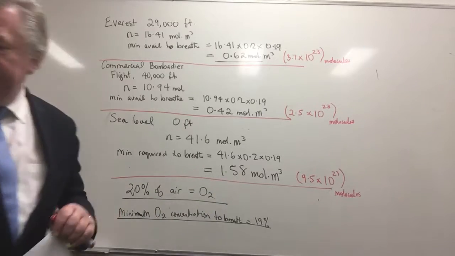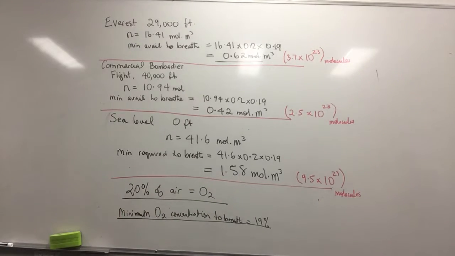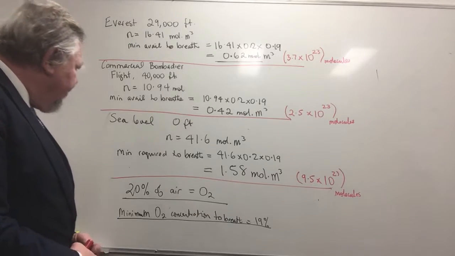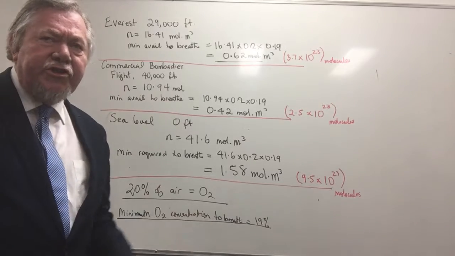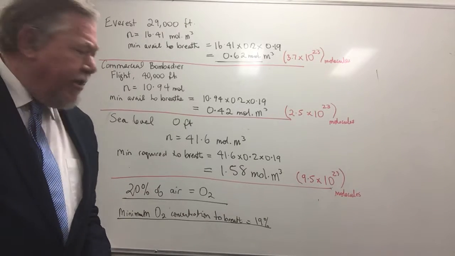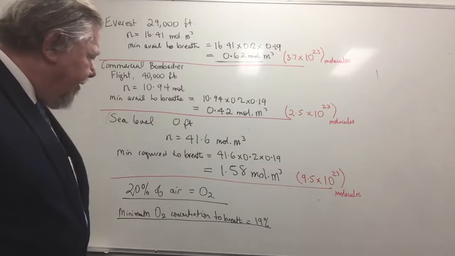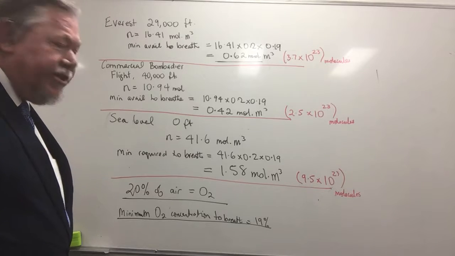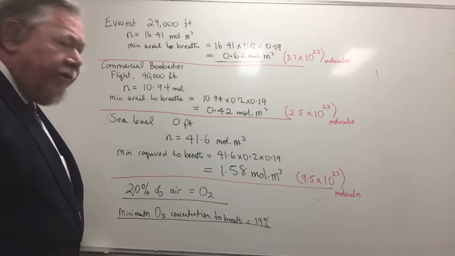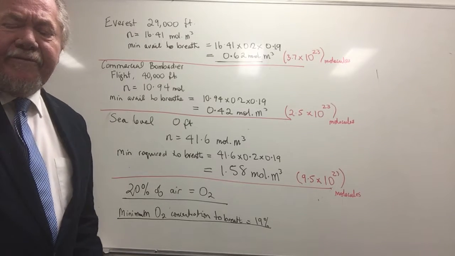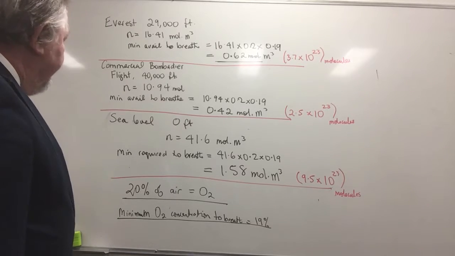Now, what we discovered from the medical people was that the minimum oxygen concentration that's required for you to be able to breathe safely is 19% or thereabouts. And of course we know that 20% of the air is oxygen. So,